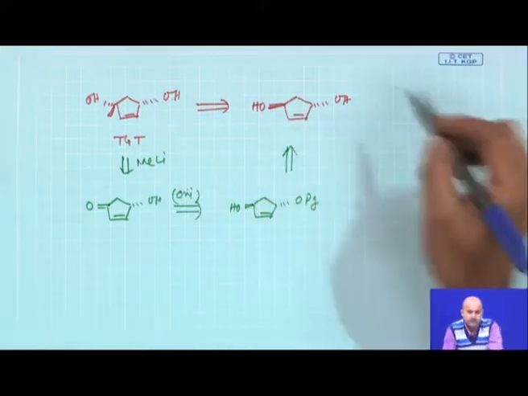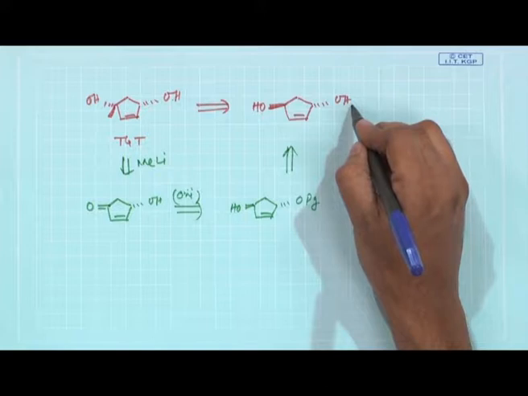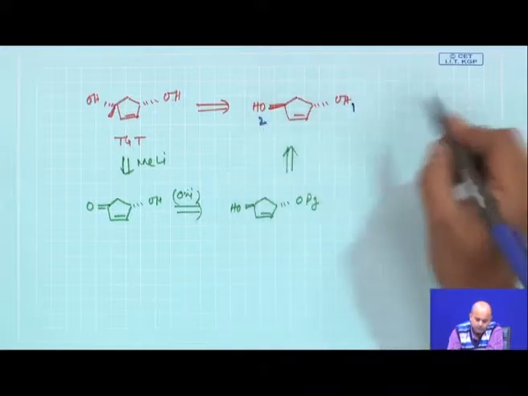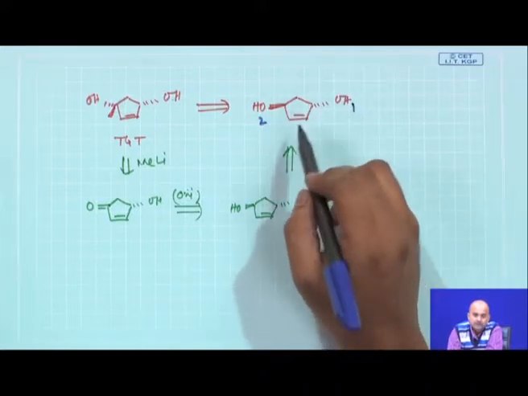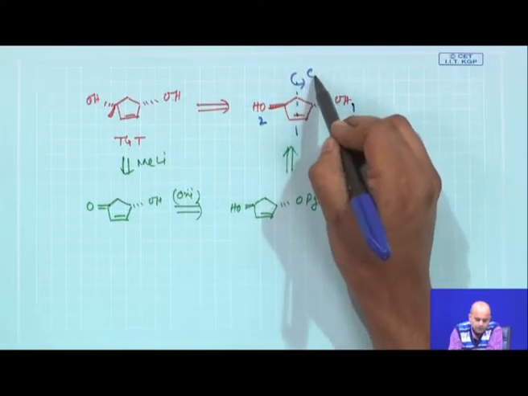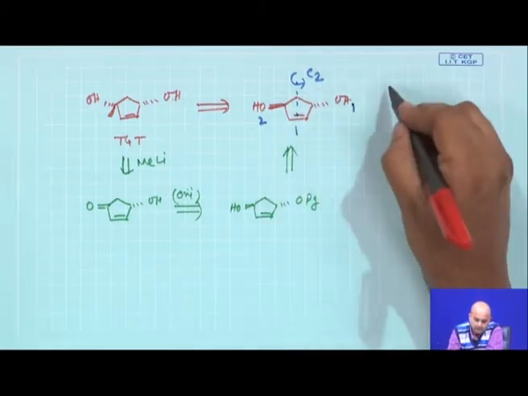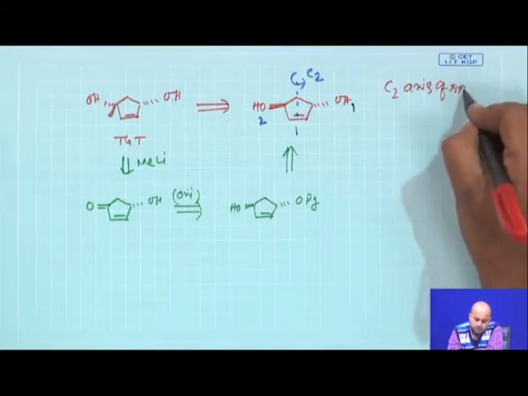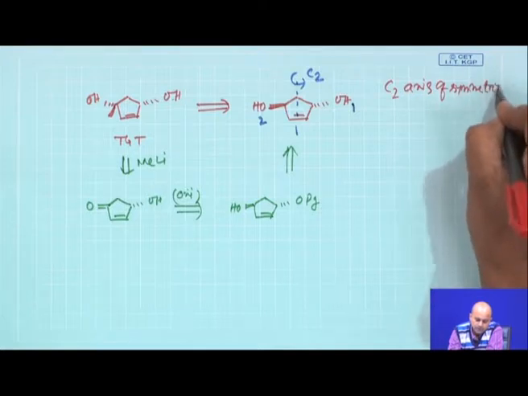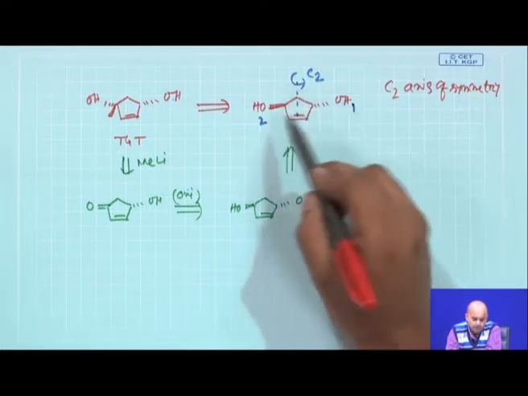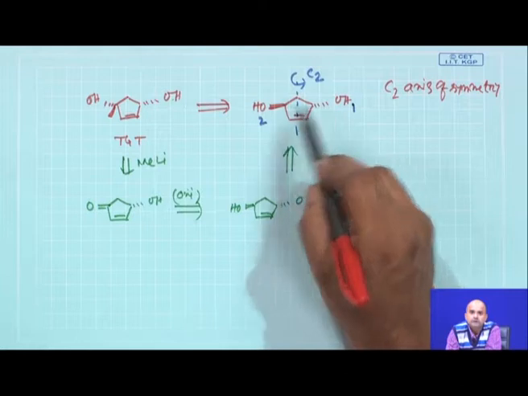Now, here a certain point needs to be considered. The particular starting material which we are discussing here has two OH groups, OH1 and OH2. Now, if you consider, this molecule has a nice C2 axis of symmetry. Now, I am not sure how many of you are quite familiar with topicity or topicity parameters. Now, these two OH are in principle equivalent to each other.